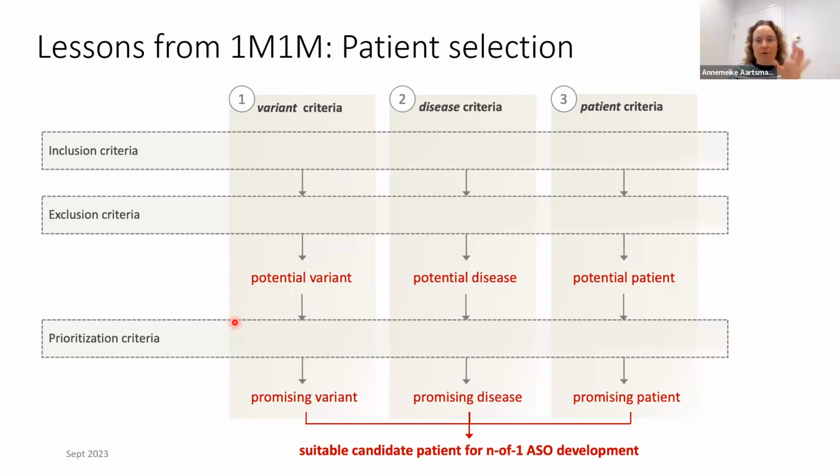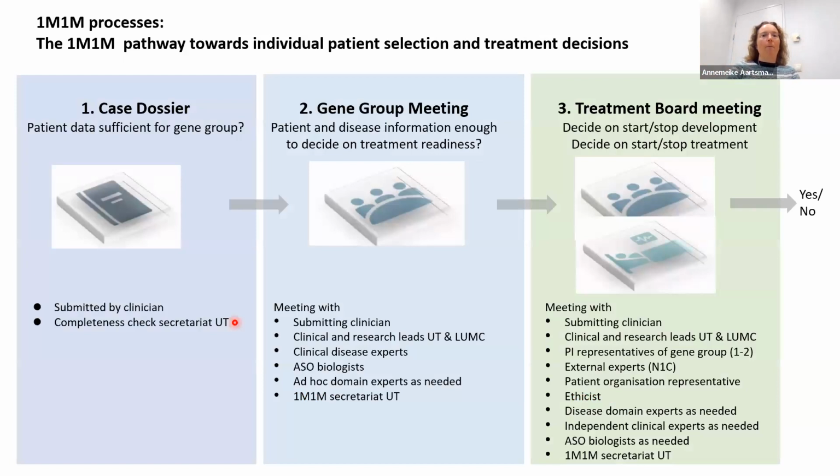But there are a lot of things that have to be tested. And what we don't want is that a few people decide whether someone is eligible or not, because that doesn't feel very ethical and justified. So we want to formalize this process. That's something that we've done with N-of-1 and N-of-1. So we look first, is the mutation eligible? And if so, for this disease, how would we develop it? What would be outcome measures in cell cultures? What would be outcome measures in